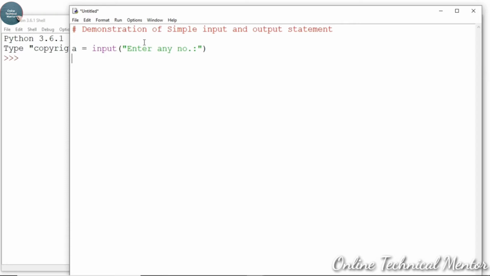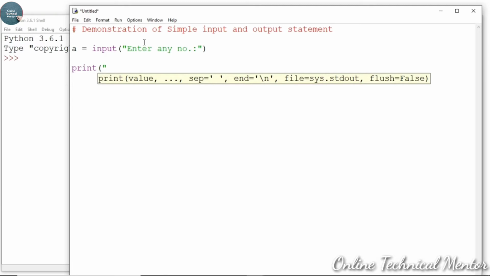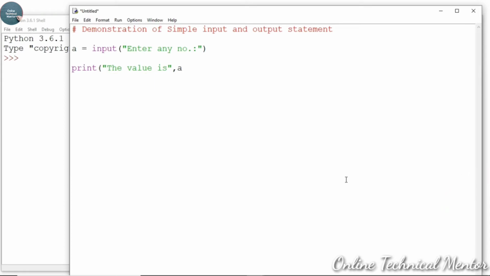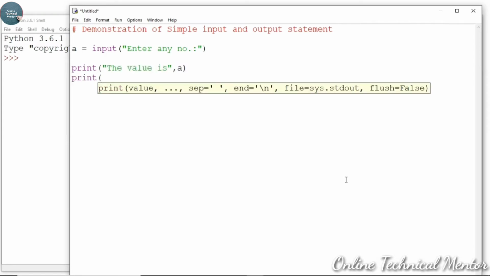Now I want to print this variable, so what you have to do, just write down print, and within double quotes, the value is, double inverted comma, then just give a comma, this is a separator, and write down a. So whatever is written within the double inverted commas will be directly displayed on the monitor, and since a is not within inverted commas, it will show the value of the variable a. Then you can just close the parenthesis and give an enter. After that line, suppose I am writing print, end,